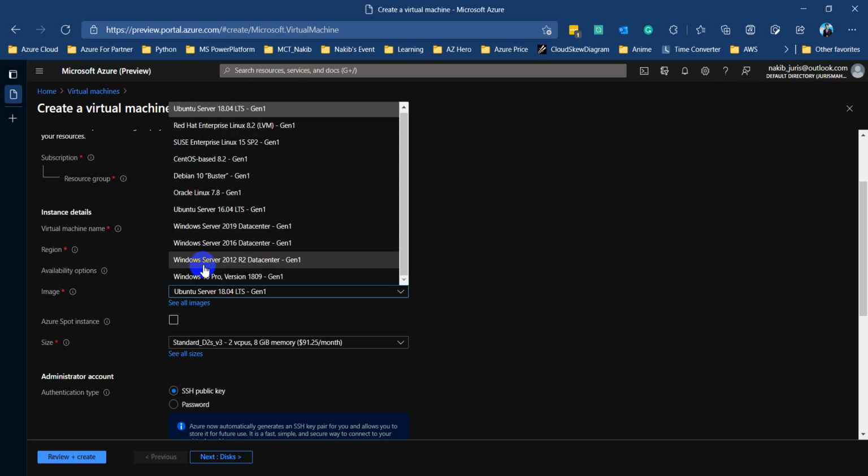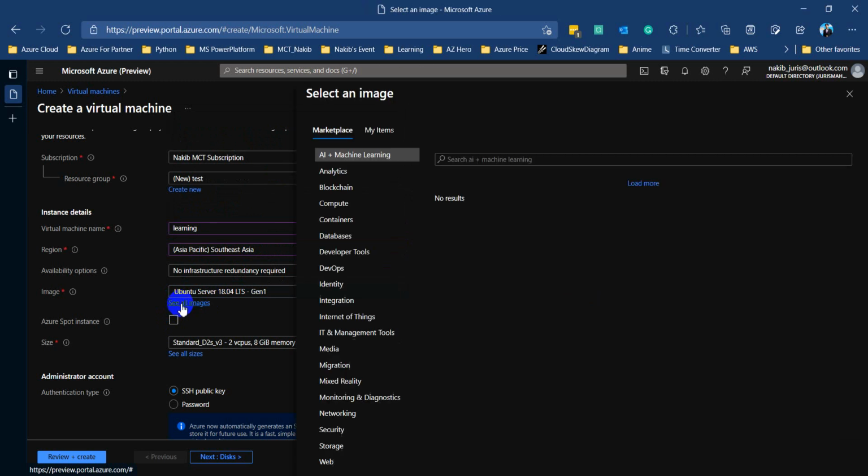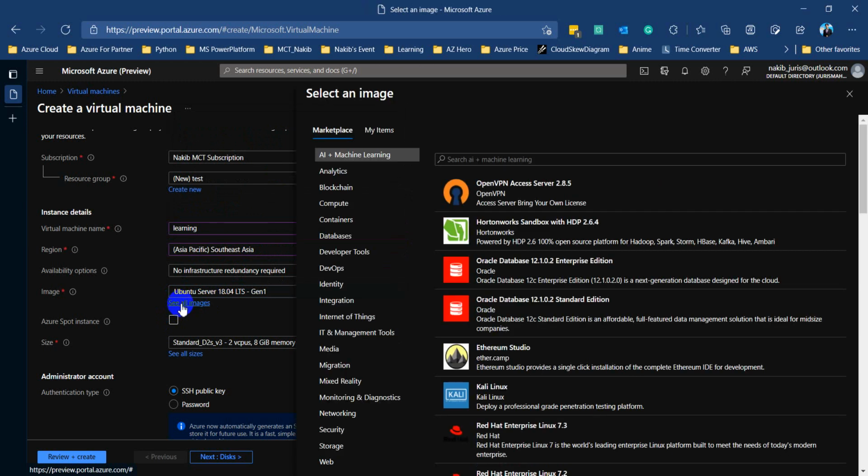Okay, but in addition, suppose you think that the available images are here, but we need another image from outside this box. Then what you can do is click see all images. It will automatically redirect to the Microsoft Marketplace portal, where you can easily find the information.